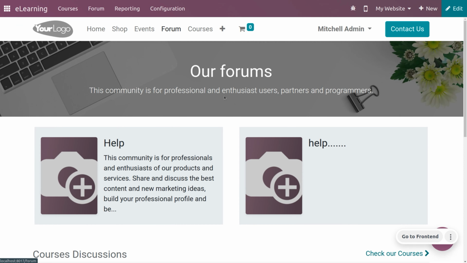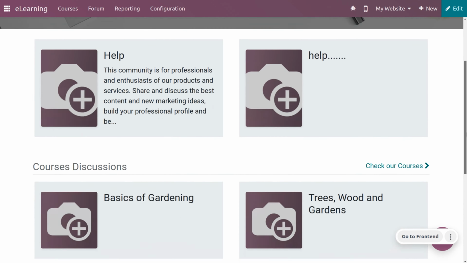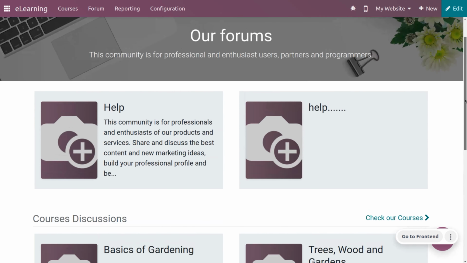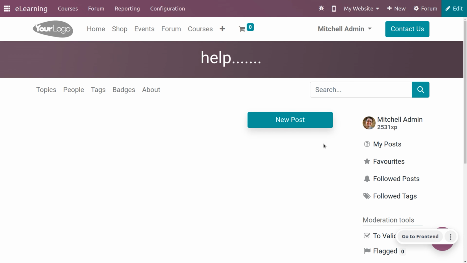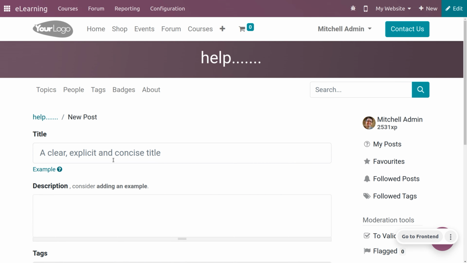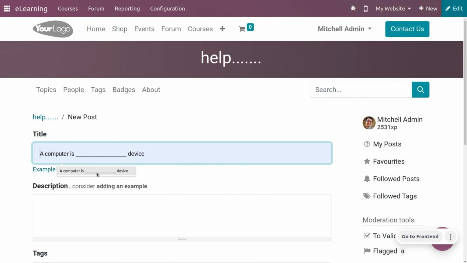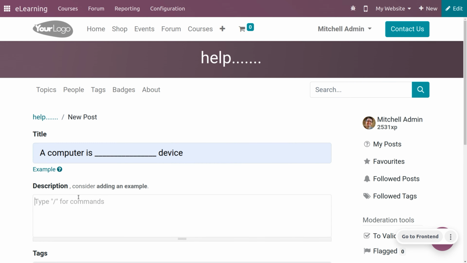So when you go to the forums, you would be able to see the forum that you have created. Here we can see all the forums created by Odoo. When you get into the forum's internal link, you can provide a new topic by clicking on New Post, and here you can give the question. Let me provide the question, and under the description you can provide the answer,